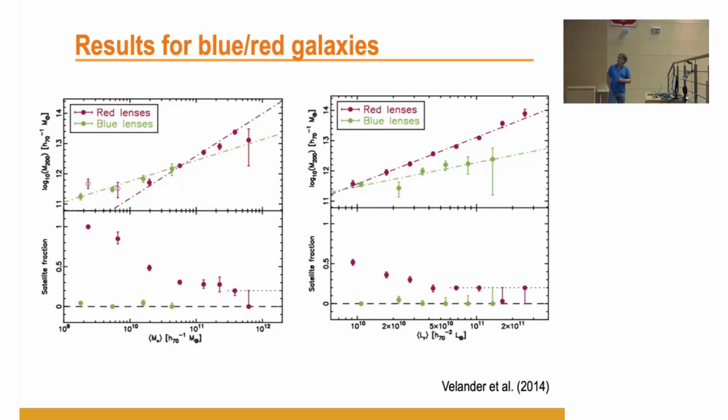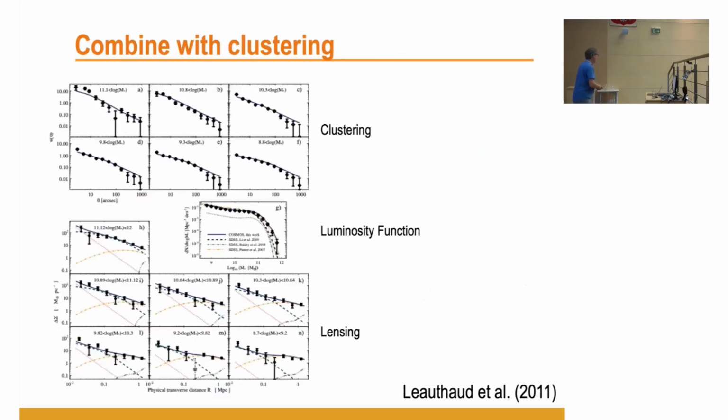But you see that the satellite fraction declines as you go to higher mass. And we can do a lot more, which is very difficult to do right, but it's possible to combine clustering, because after all, we know the spatial distribution of these lenses. So you can combine clustering with constraints on the luminosity function and lensing, and that really breaks many of the parameter degeneracies in these models of the halo model, and also allows us to constrain the distribution, so the widths